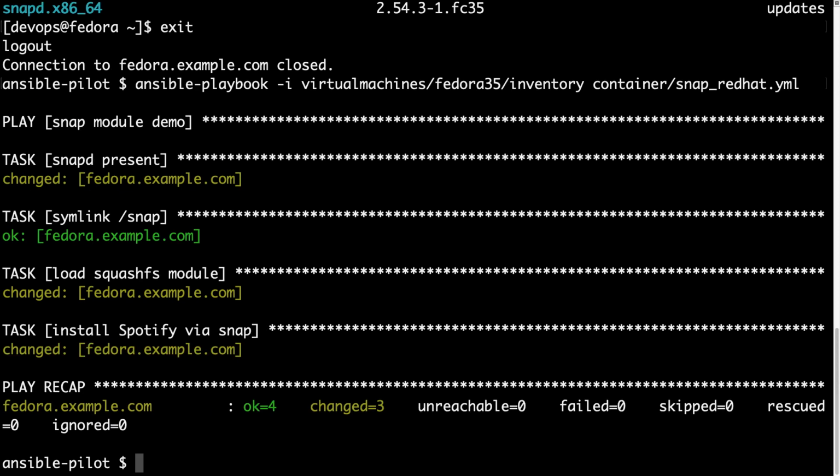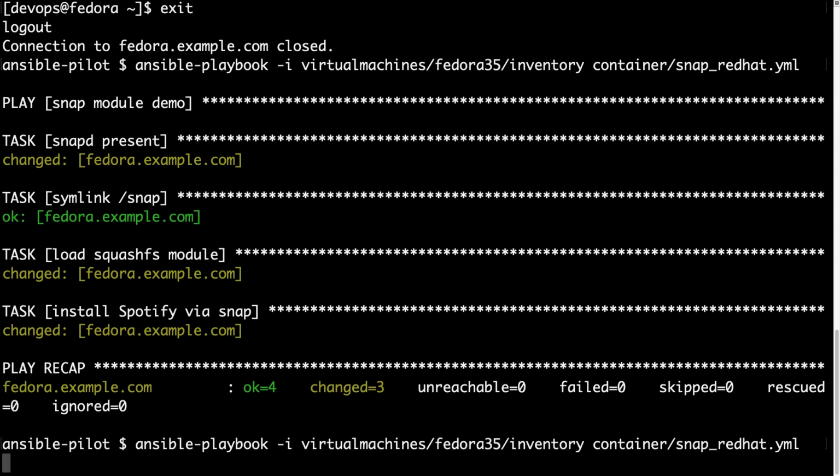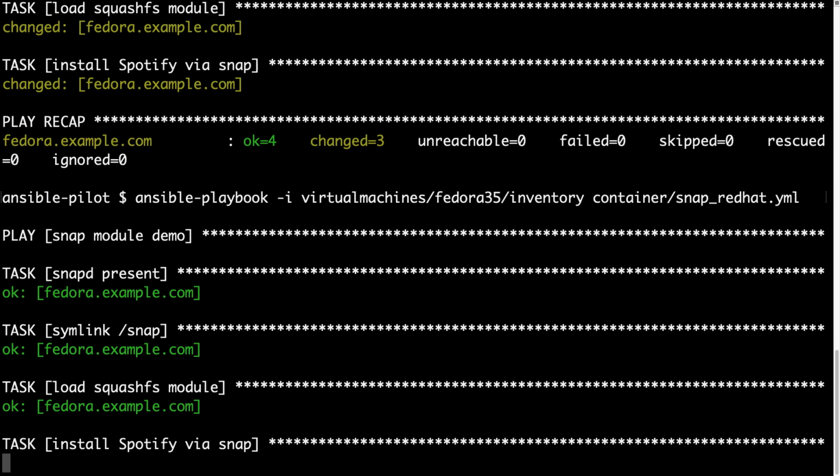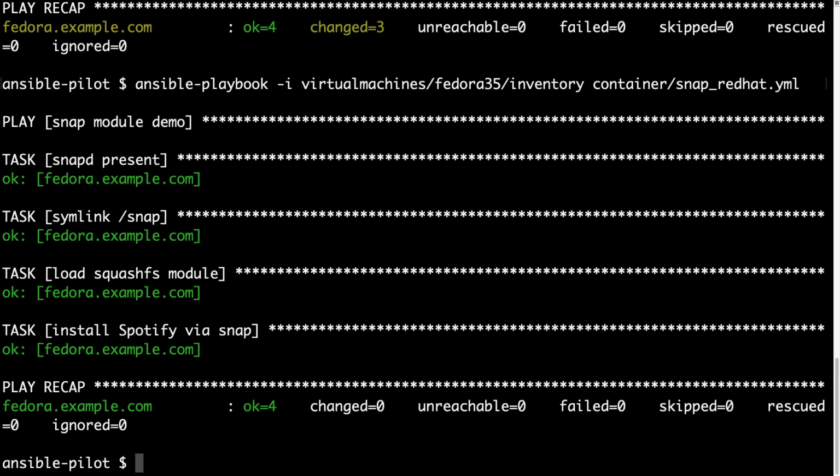Finally, Ansible finished the task with a changed status on the target machine. What happens if we execute the same playbook again? I'm expecting only OK status. This property is called idempotency because Ansible is verifying that the target machine is in a consistent state. Good job, but